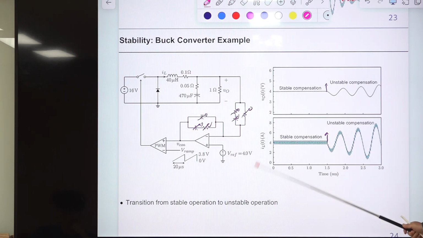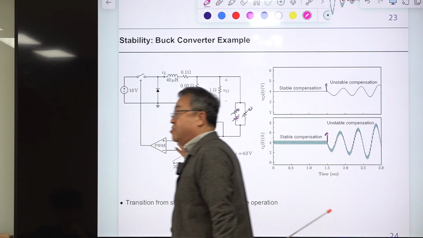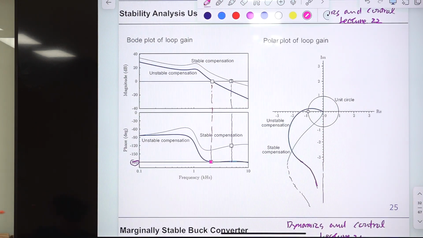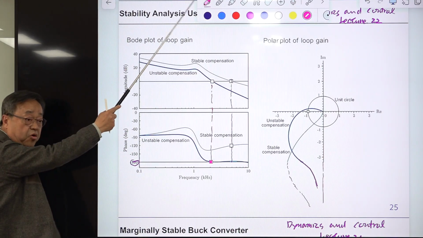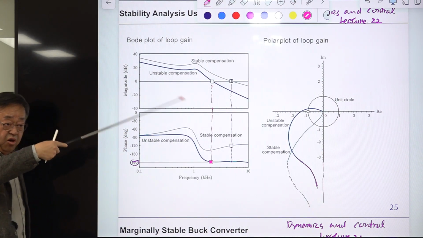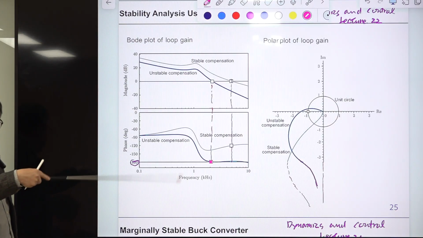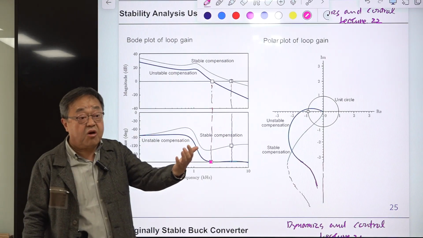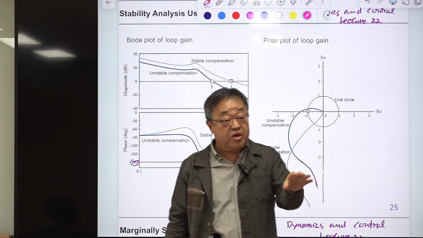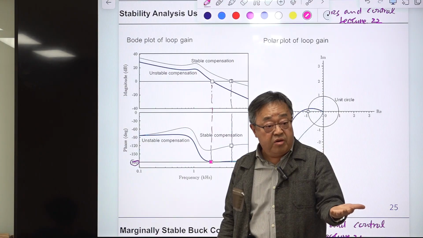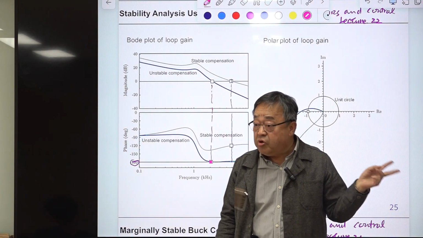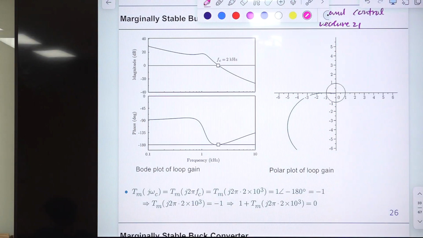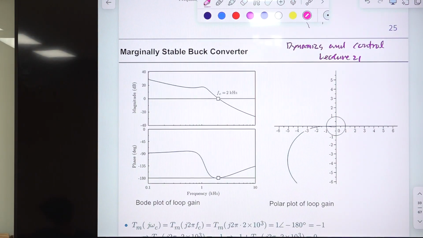There is no theoretical background, or you may have no idea how to generate this from the converter. So this comes from small signal modeling and analysis, and we are following the best knowledge of classical control theory, which is already there. That is the beauty of small signal modeling. Let me explain one more thing.